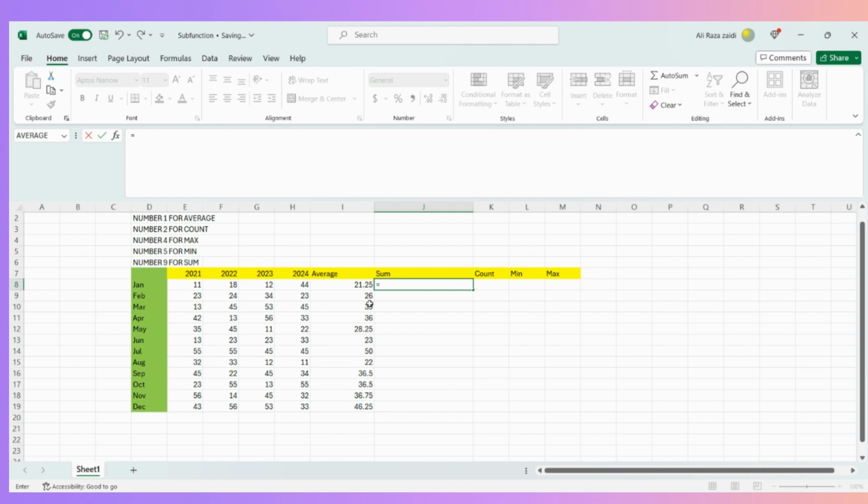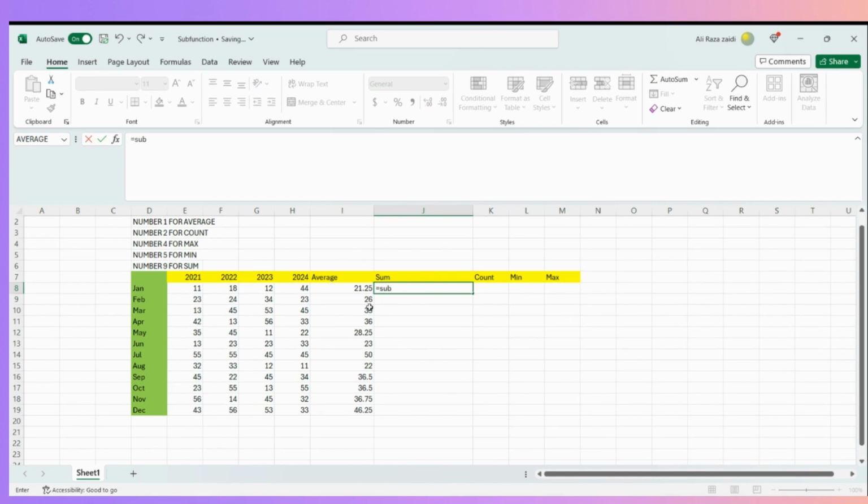I'm going to use SUBTOTAL, and for sum, 9 is used, so I put a 9, then comma, then E8. You can see the cell pointing to a right cell. Then I put colon, and